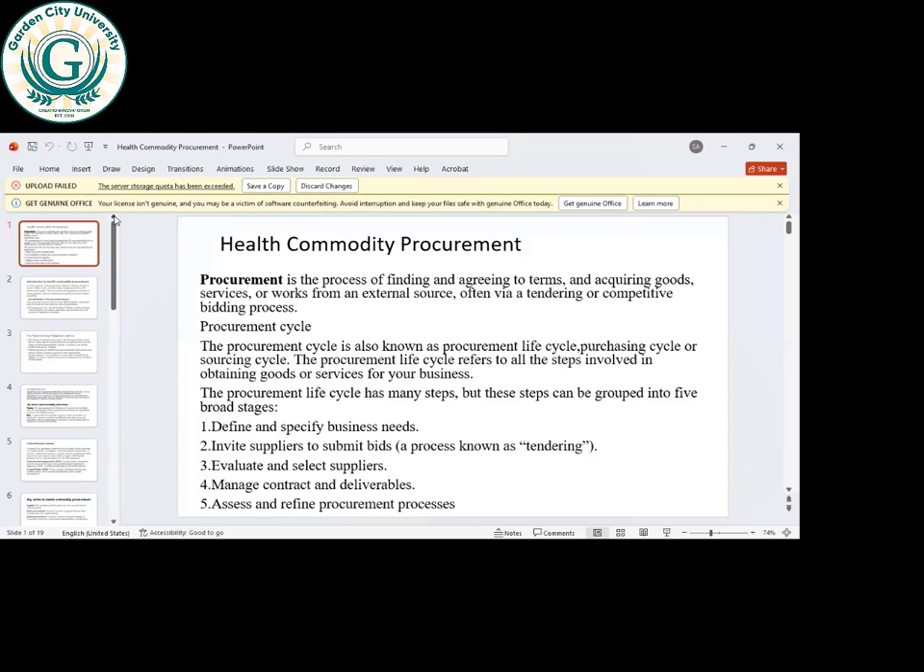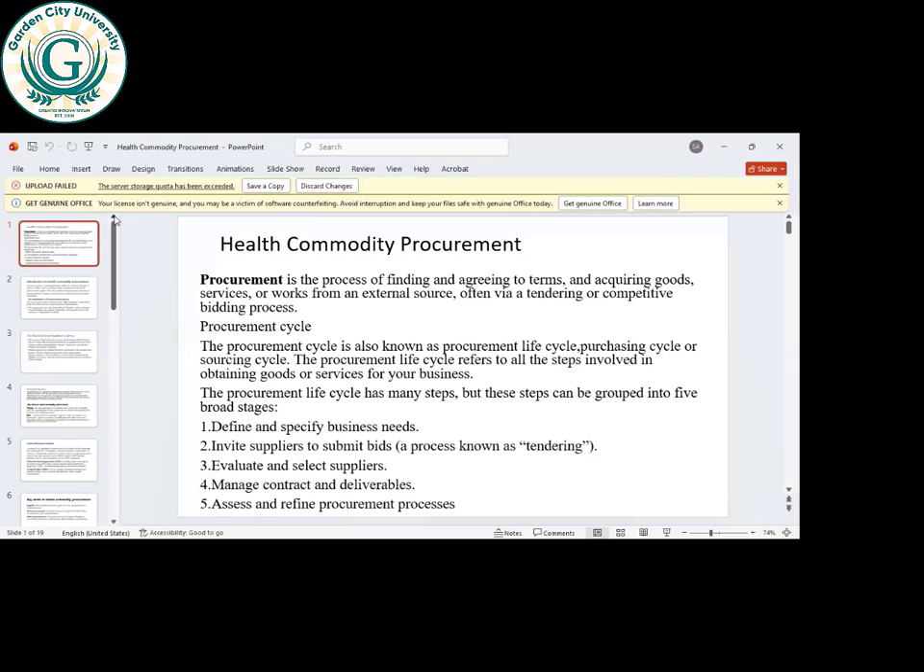The council will approve it. Then the tender committee will go through the tendering process to select a bidder. And that is how it is. So when we talk of procurement, it means that it's a process of finding and agreeing to terms and acquiring